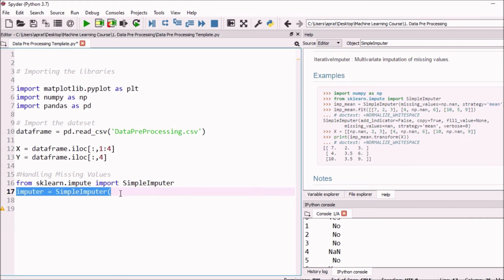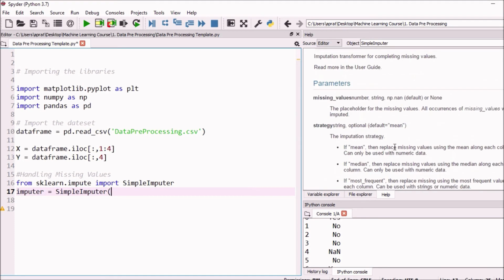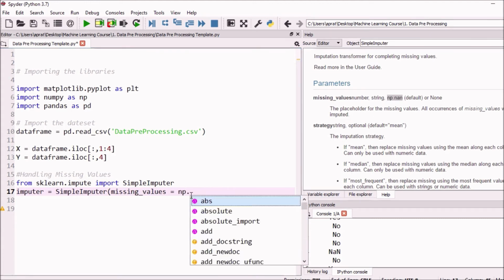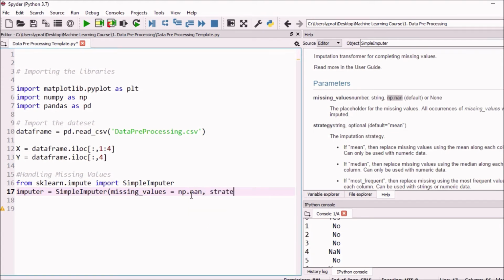We'll get back to creating our object, and what we will do here is, in the simple imputer class, we will first mention the missing value parameter. So we'll write missing underscore values equal to, now it can take a number, string, and np.nan, which is a default, or none. So in our case, we'll mention missing values as np.nan equal to np.nan, comma. We will also mention our strategy equal to